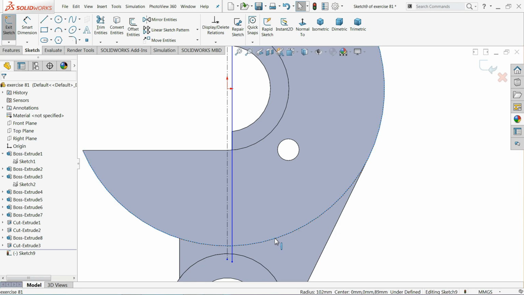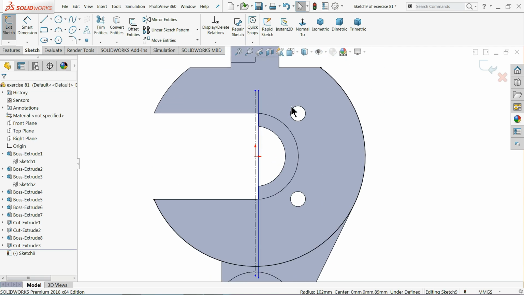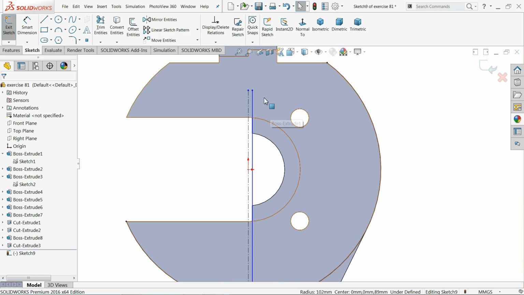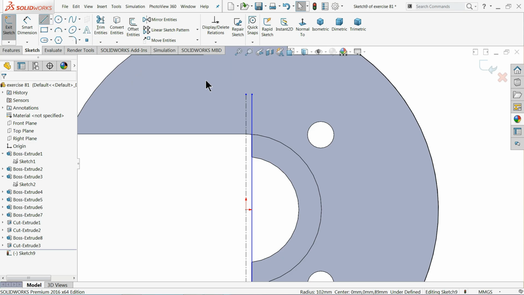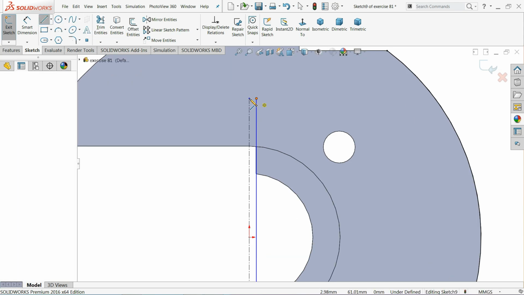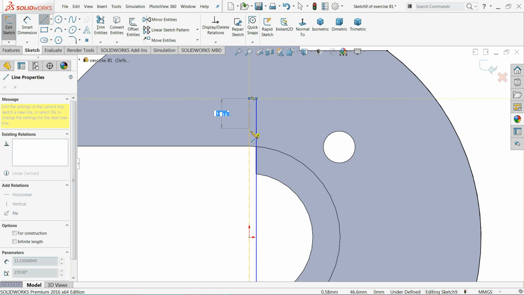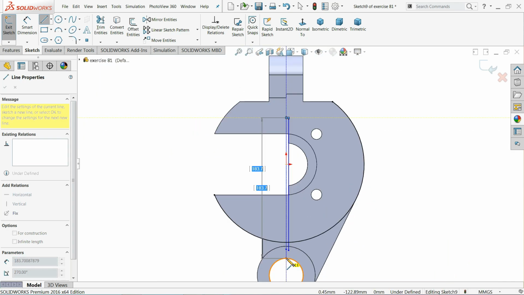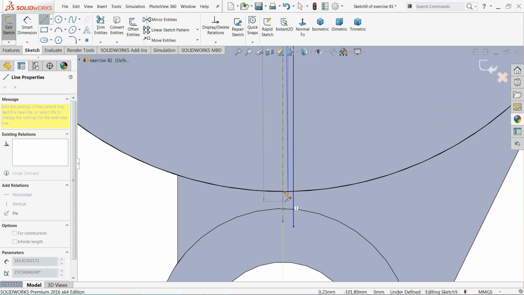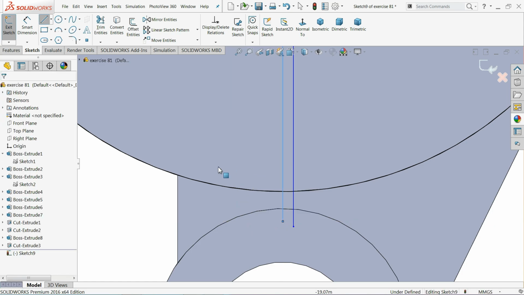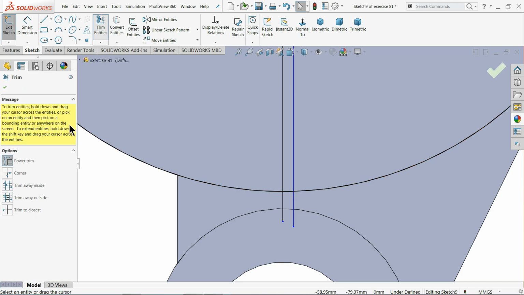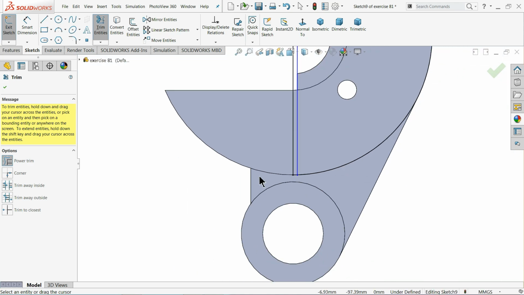Now select this circle, convert entities. Let me connect this line. Now trim entities, power trim, trim this line, this portion from here,